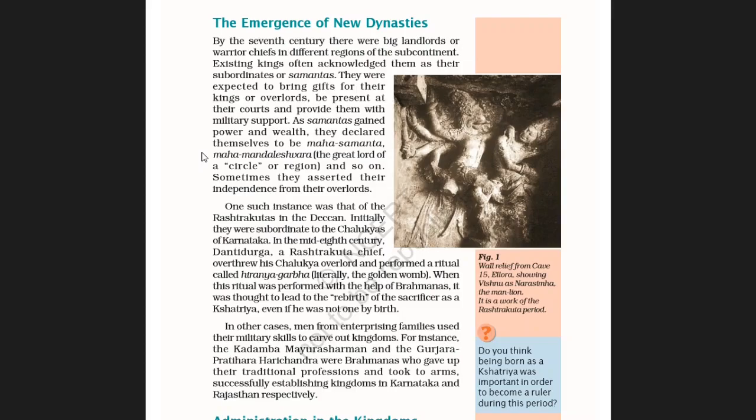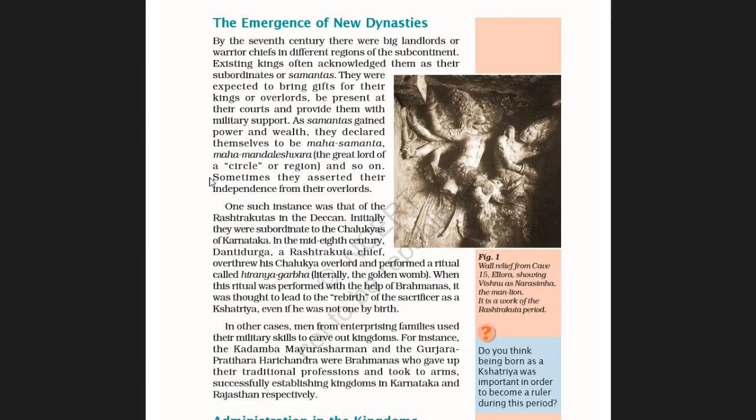When these samantas gained power and wealth, meaning property or money, after that they declared themselves to be Mahasamanta, Mahamandaleshwara, that is the great lord of the circle or region, and so on. The circle or region where they were samantas, they looked after those very areas.